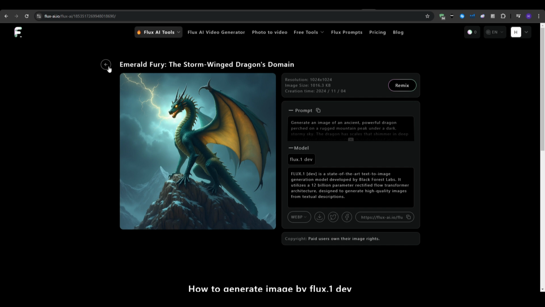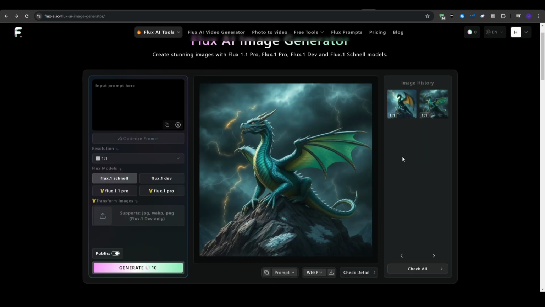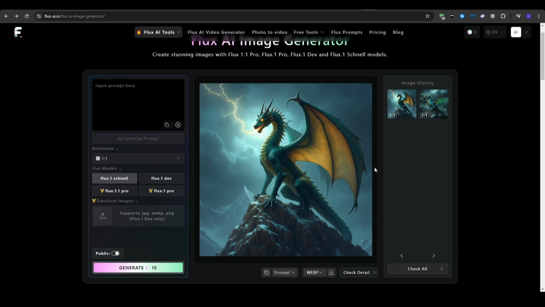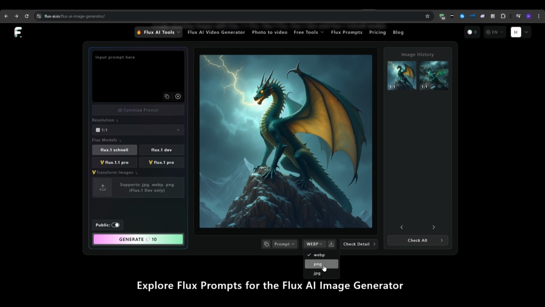And finally, don't hesitate to test different phrases or styles, adding words like cinematic lighting or maybe high resolution, as those can make a difference in the outcome. And finally, once you're happy with the image, it's time to save it. You simply click on the download button and then you can choose the file type that you want to save as. So we've got WebP, PNG or JPG,